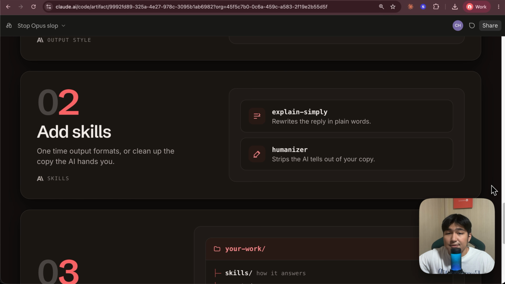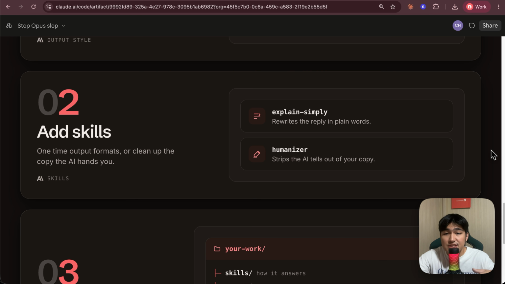We don't want it to explain like I'm 5, right? We want to understand the little details inside of it. But sometimes we're doing simple stuff, we might want it to explain like I'm 5 in a different manner. And if you don't want to always change the output style behind the scenes, and you want to be able to have different replies as and when you want, you can actually transform these different output styles into something called